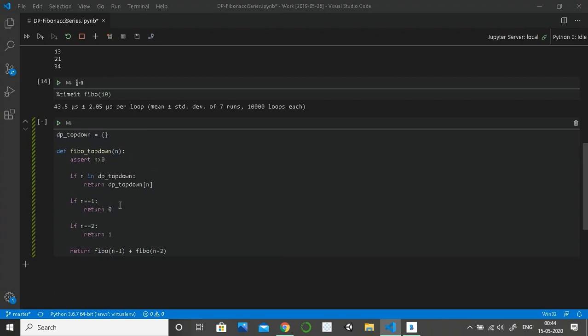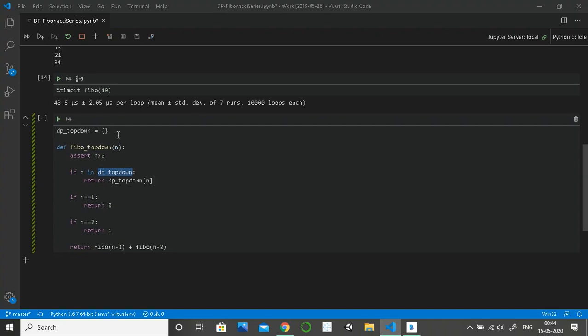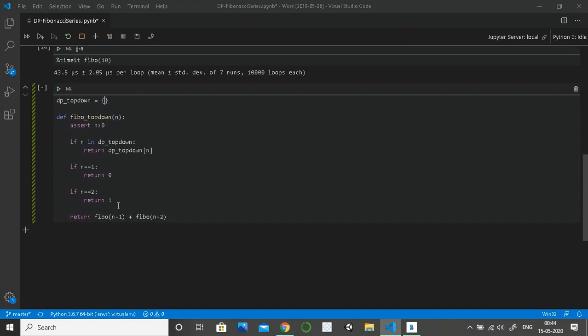If that is not the case, for n equal to 0 and 1 we can leave it as it is, since we can either store them or ignore them, or just store them upfront. Now when we are calculating the final value, we will store it before returning. How? Fibo of n will be, let's cut it from here, paste it, and return this value.